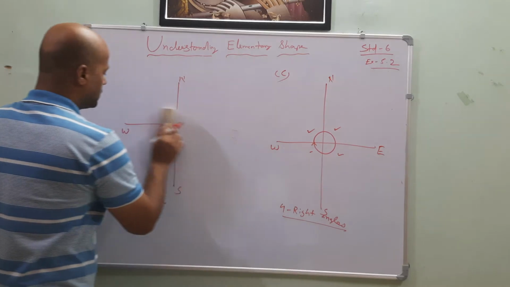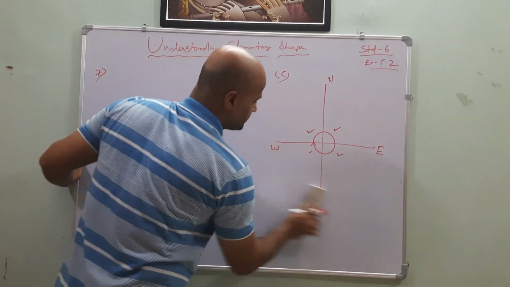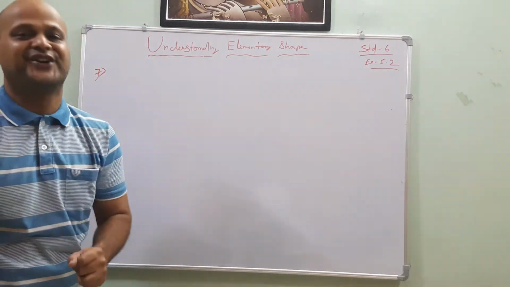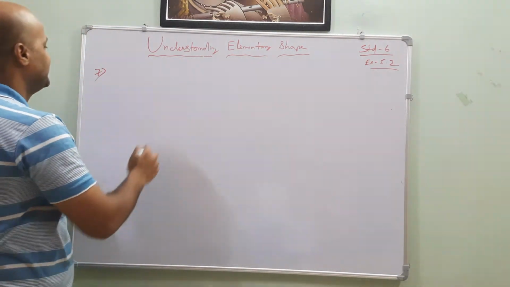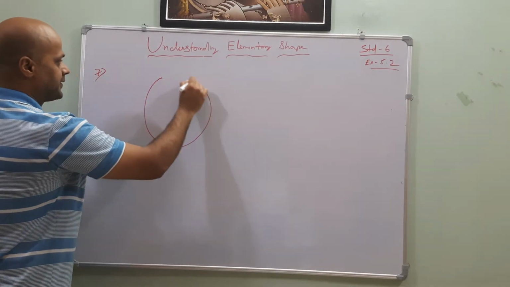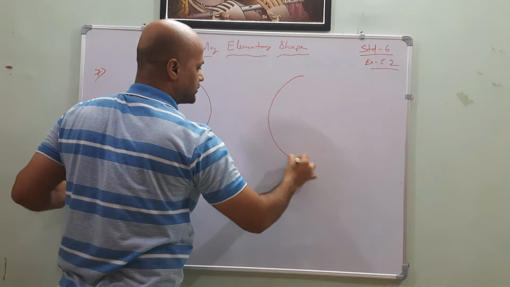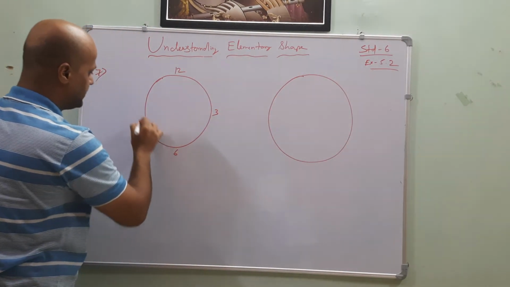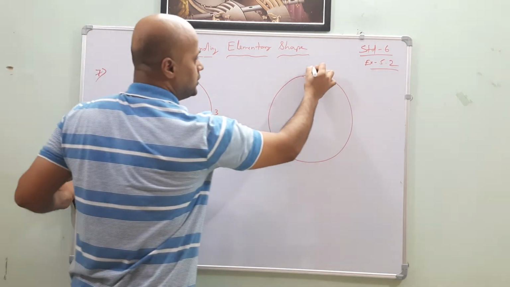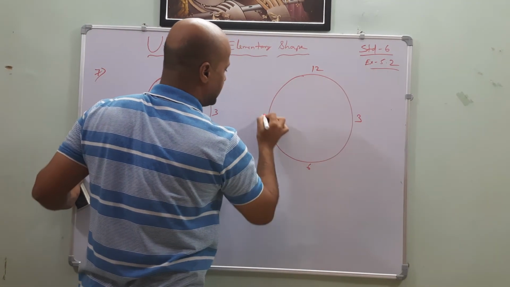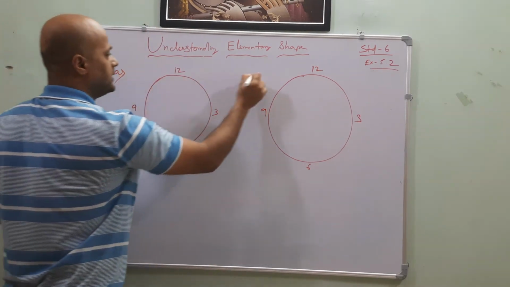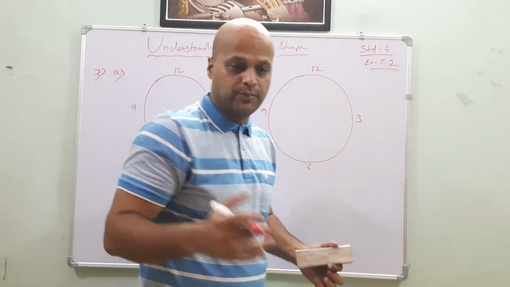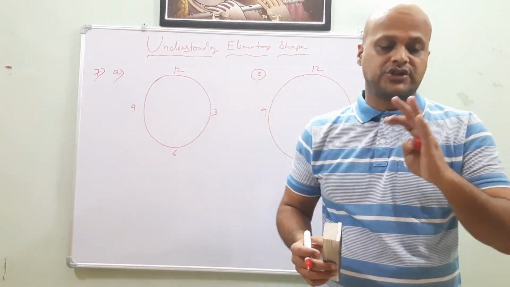Let's do the clock. Erase the facing. Again I will do the 2 points, and the next 2 points will be done by you because you are the genius ones. Okay? So draw the clock. I am drawing 2 clocks here. 12, 3, 6 and 9. Let it be A, let it be C. So it's saying where the hour hand will stop.